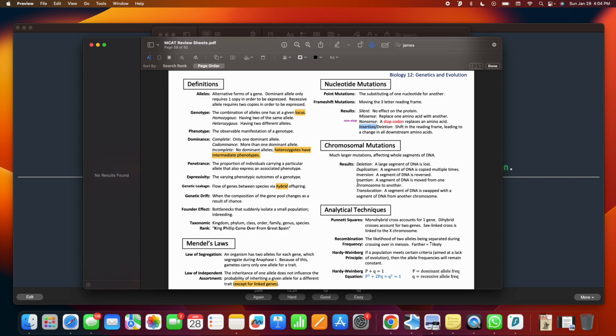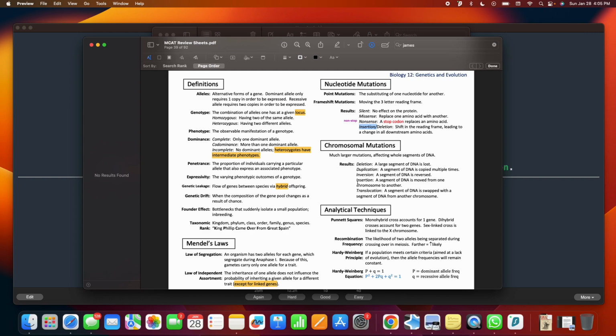But the chromosomal insertion is when one segment of DNA is moved from one chromosome to another one, right? And we have translocation, which is a segment of DNA